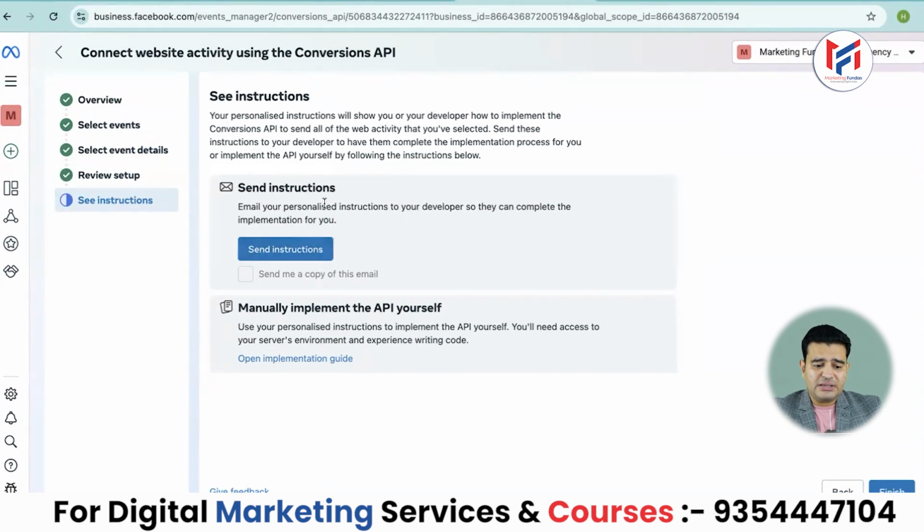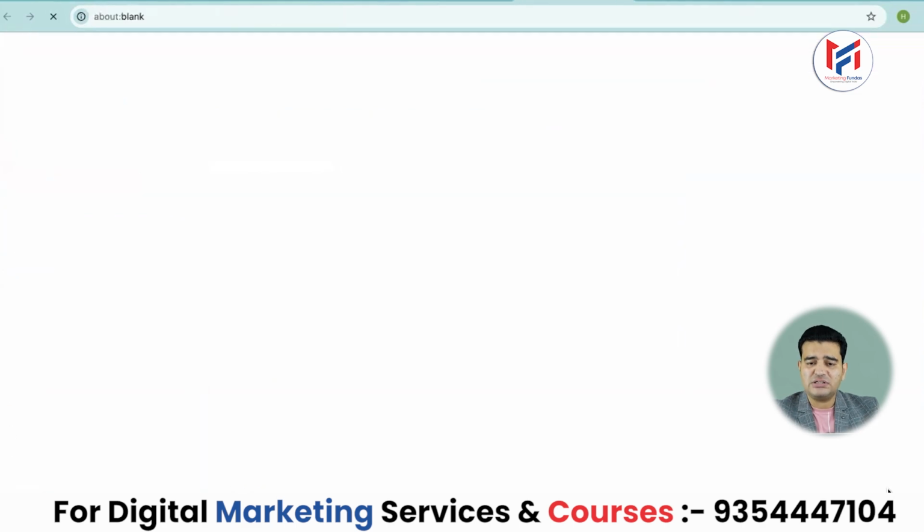So here you can see this send instructions option. We are not sending anything to email, okay? And here it is showing the option of finish. So I'll directly click on finish. As soon as I clicked finish here,